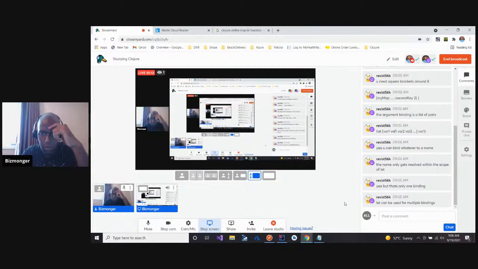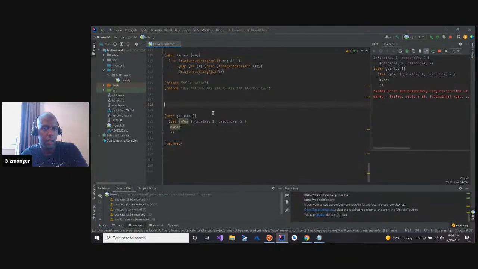Is that so? Does that mean that I should assume that whenever I see let, let requires a vector, period, right? No, no, hold up. But I just demonstrated that it doesn't require a vector because I did it up here.